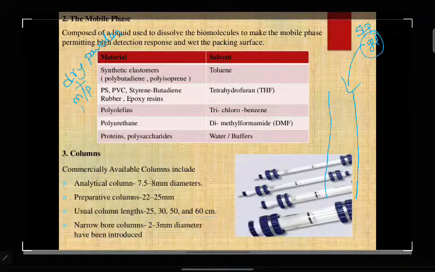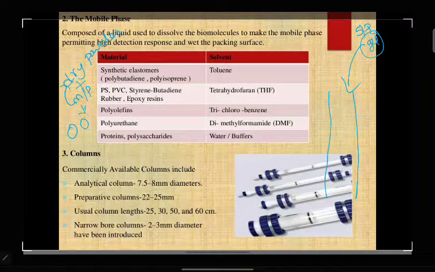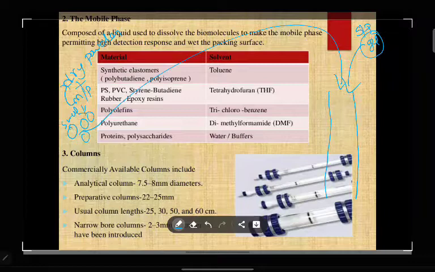If you add mobile phase, what will happen? Your dry powder will absorb the mobile phase, then you leave it for some time and it will swell. This swollen gel you fill inside the column. That is the first method.